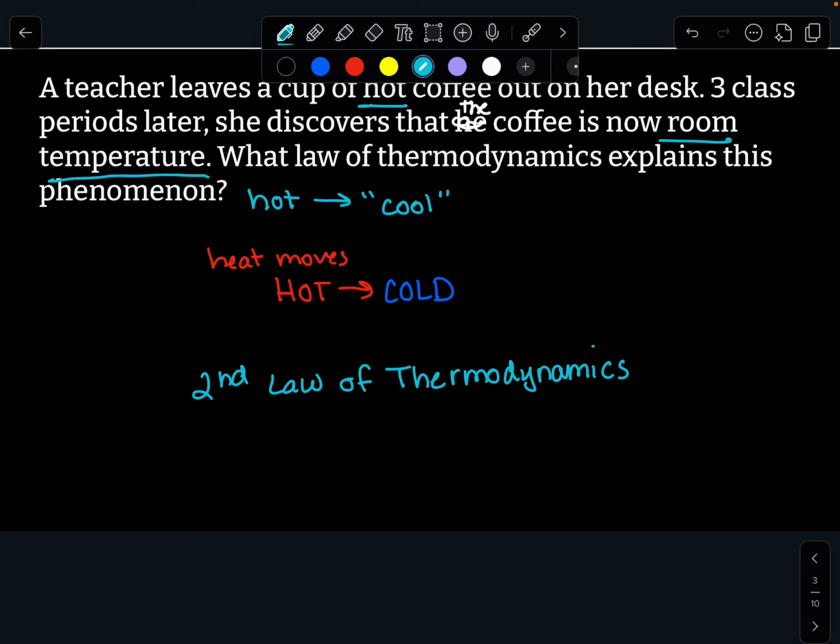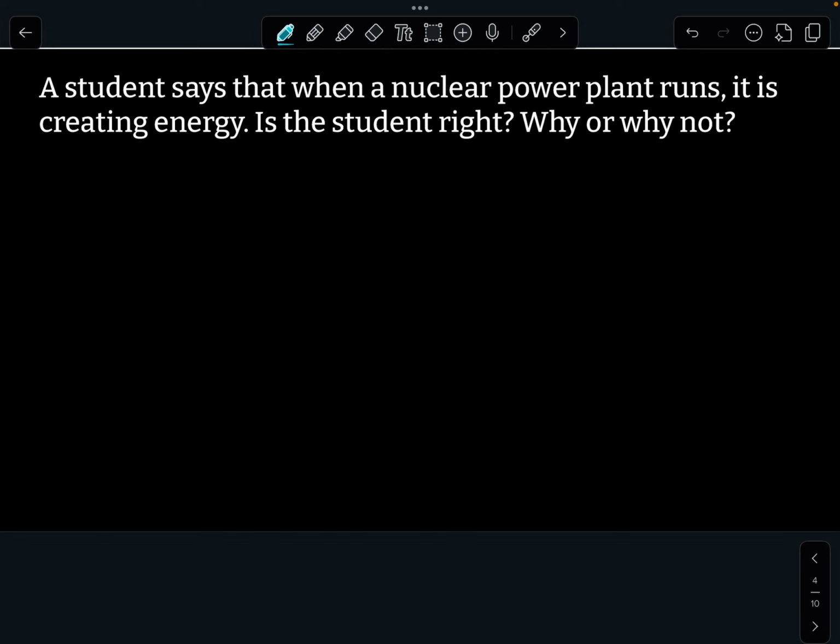Let's look at one more. So this one says a student says that when a nuclear power plant runs, it is creating energy. Is this student right? Why or why not? So if I see this word creating energy, the first thing I should think of is the law of conservation of energy. And so remember that the first law